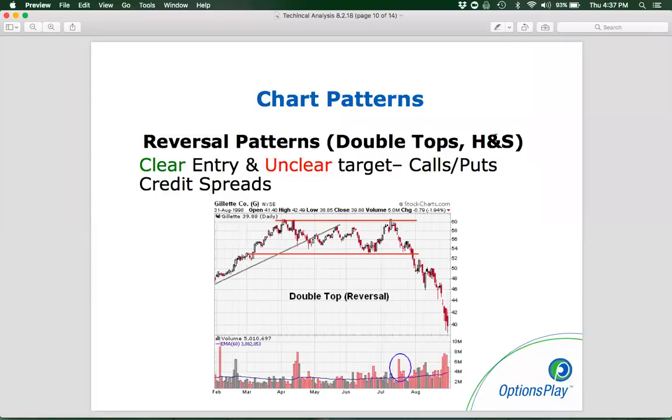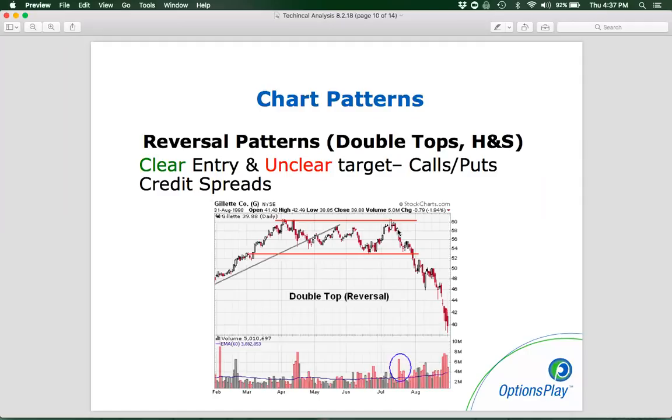And this is what I mean in terms of markets rhyme, but they don't repeat themselves, because each head and shoulders looks a little different, but they look similar. Same thing with double tops, right? Double tops are simply where the stock hits a specific level, bounces off, and then hits that specific level again,